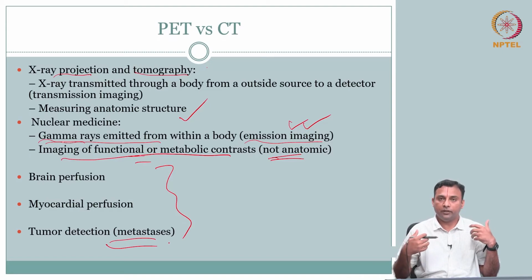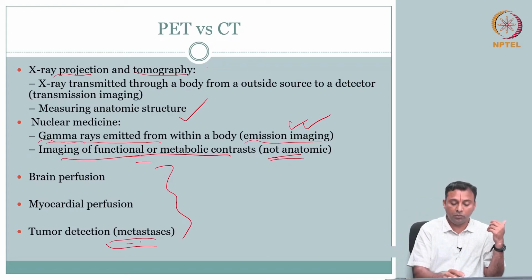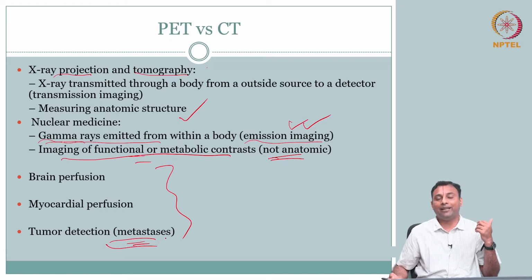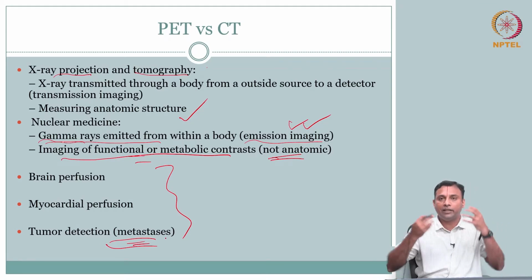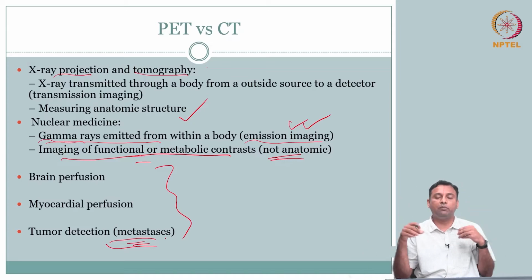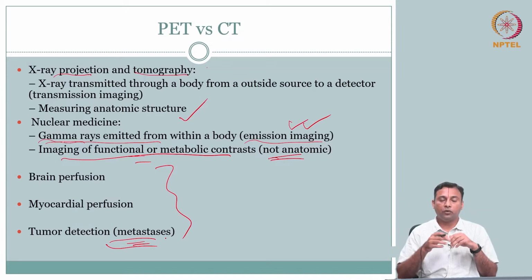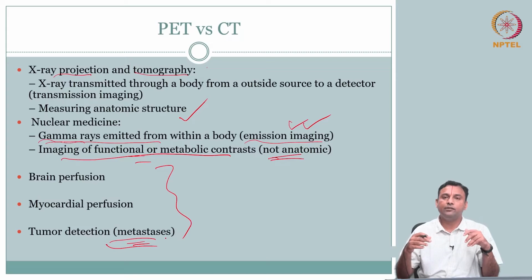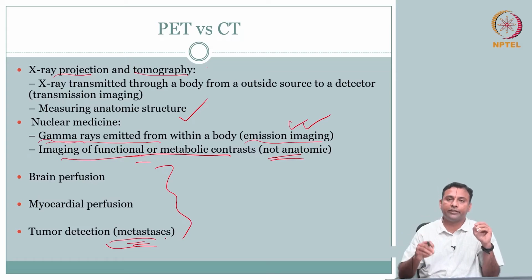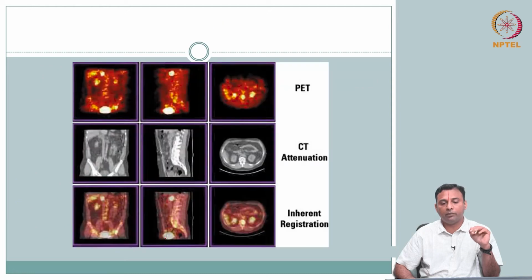Whole body: in one of the introduction slides we showed PET used for the whole body. You can detect where all the activity is, and it will light up in the body. So it is a very good modality to see metastasis, meaning a primary tumor is there and it branches out, with tumors in different locations. You can do a whole body PET scan and might find possible locations where the cancer is active. By itself it is a functional image, anatomy is not the main interest.